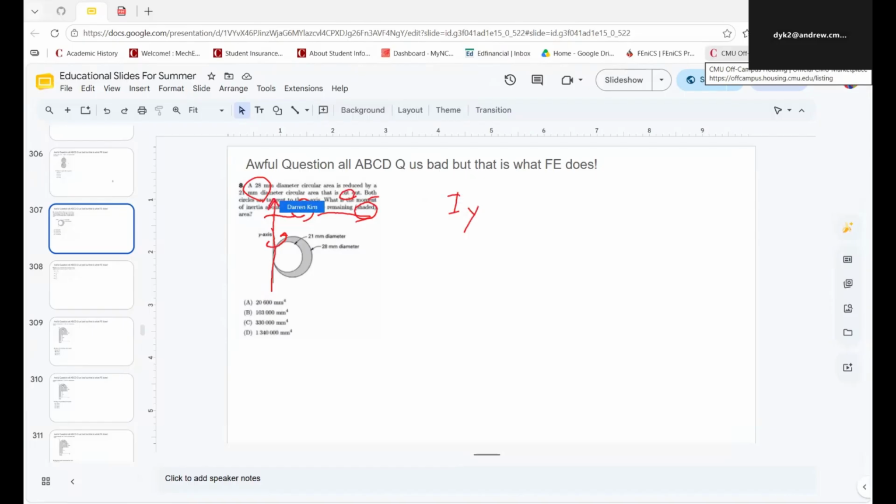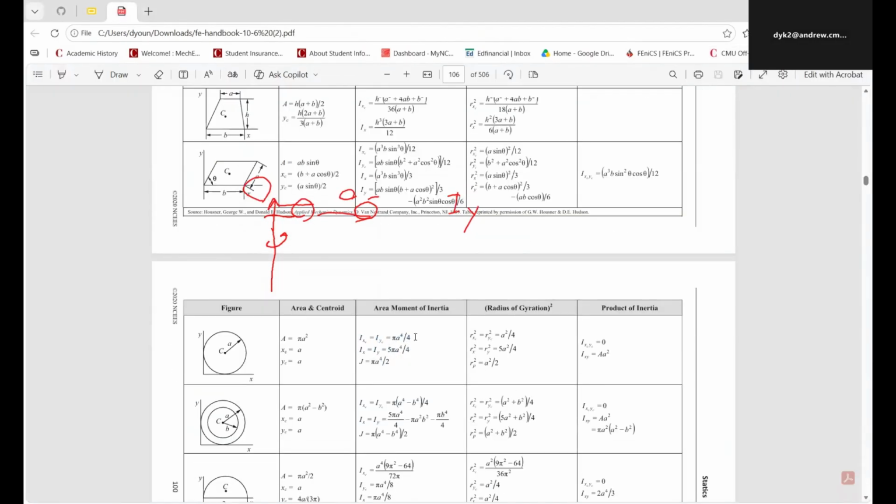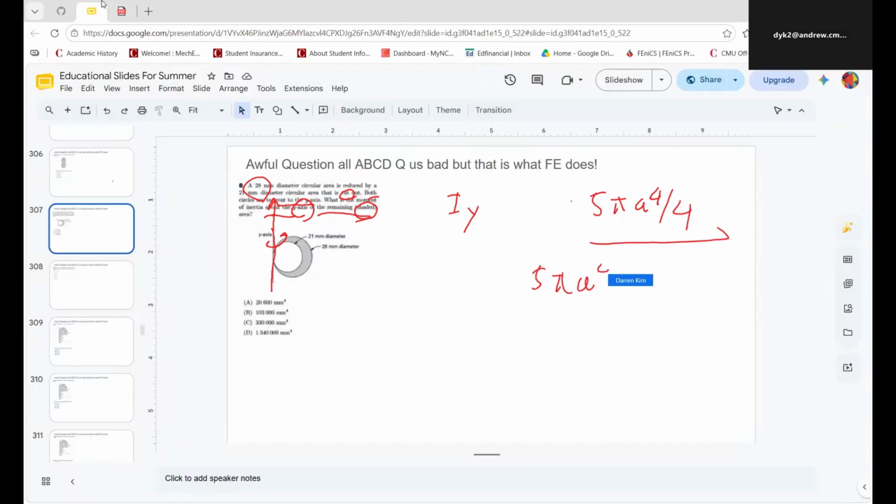So here's the thing. This is two circles, so we don't even have to think. We can go over here to two circles. Over here, we have I_y, which is 5 pi a^4 divided by 4, because we're doing it at the axis point and they're all the same. So what we have to do is 5 pi a^4 divided by 4 minus 5 pi a^2 divided by 4, equal whatever it is. So let's just do that. 5 pi, and it's going to be 28 first. 28 to the power of 4 divided by 4, minus 5 pi times 21 to the 4, and